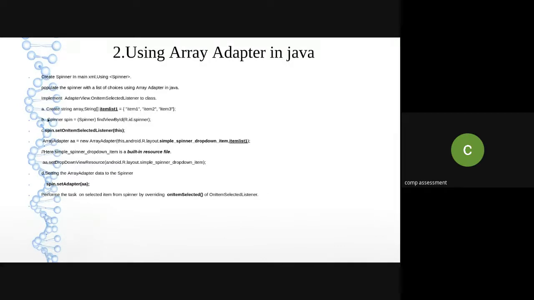After that, I have created an object of a spinner with which I am going to link this list of atoms. After creating an array adapter object, ArrayAdapter AA, that is the name of my array adapter object, new keyword. All of you know, in order to create a new object, or an instance of that class, the new keyword is used. As I mentioned, the first parameter is the this keyword, which indicates the current activity.